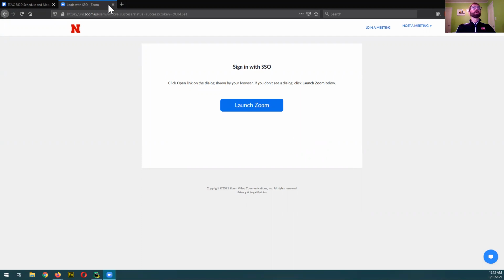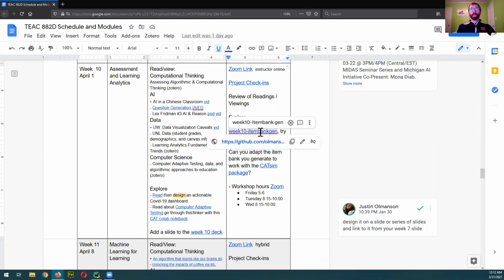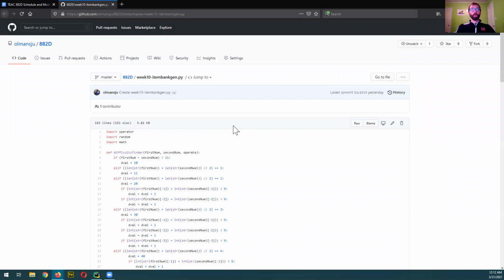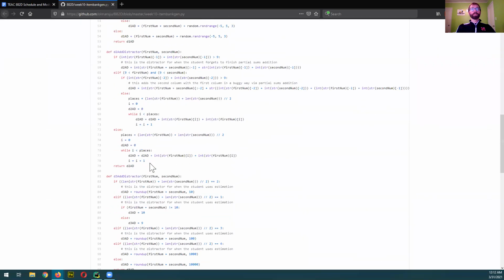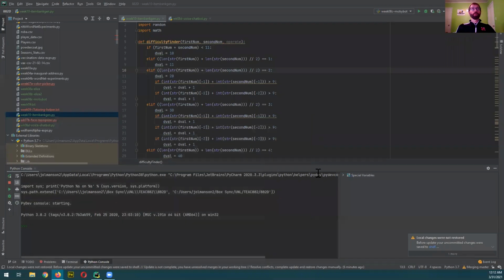Okay, this screen is not the one we need. So here we are in Assessment and Learning Analytics, and in the Explore section, we've got an item test bank, or a test item bank. You click on this link, it'll take you to the GitHub for the course, and then bring this code into PyCharm, which I've already done